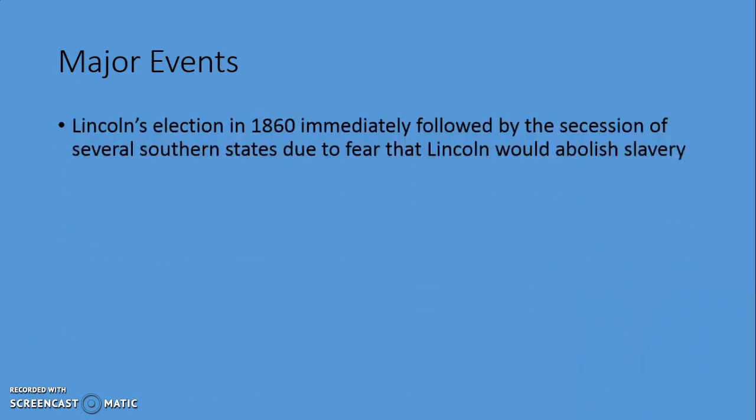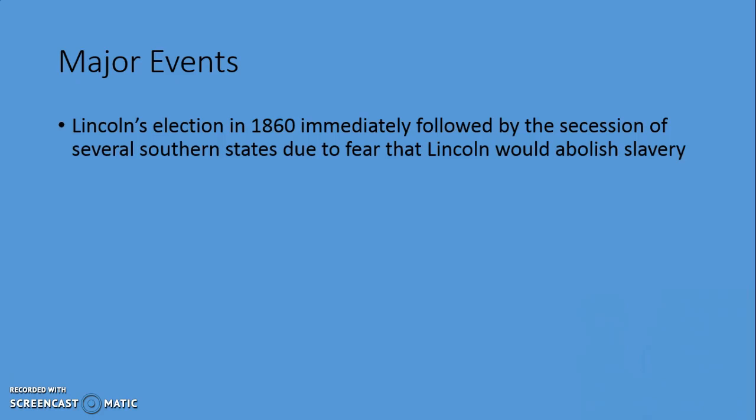Next, we're going to discuss the major events of the Civil War. It's kind of nice. Virginia doesn't want you to know every single battle and who won and who lost, but there are a couple of events that are important for things that are going to happen afterwards. So the first thing is that Lincoln's election in 1860 is really going to cause what will become known as the Civil War, because immediately following, you have South Carolina, followed by 6 other states who are going to secede